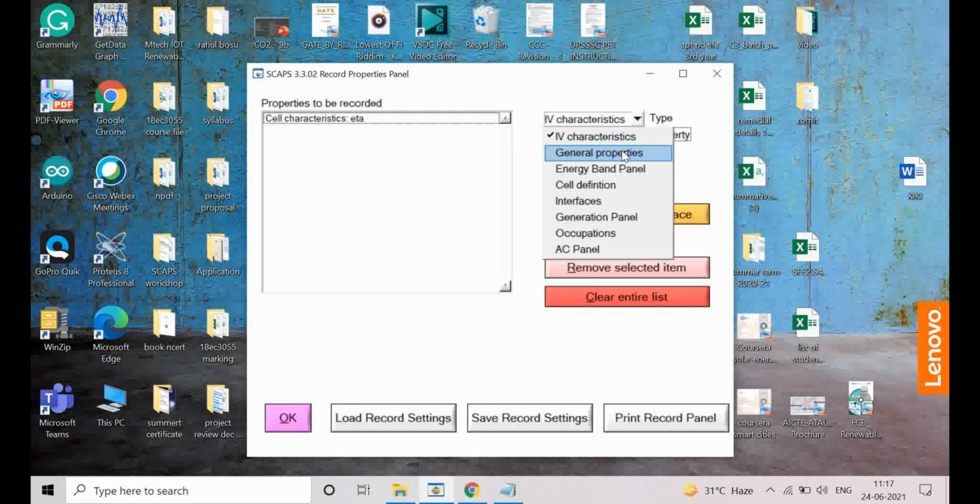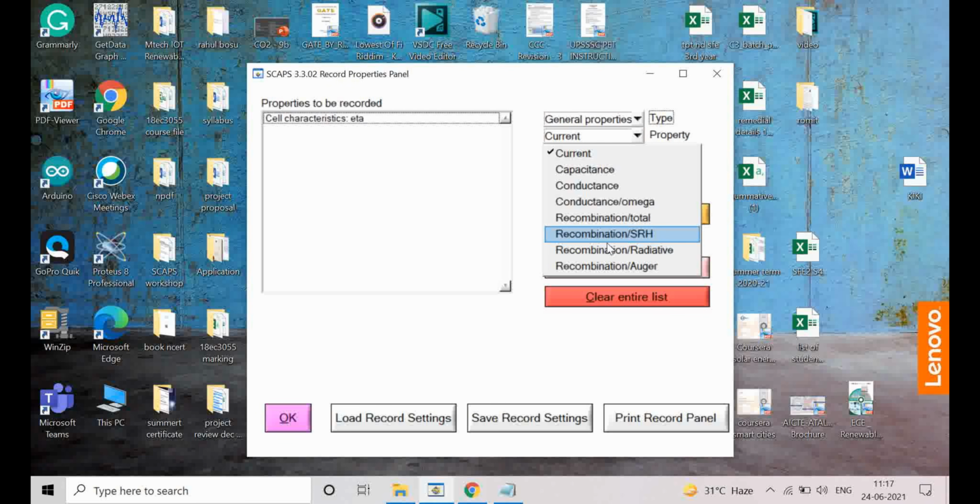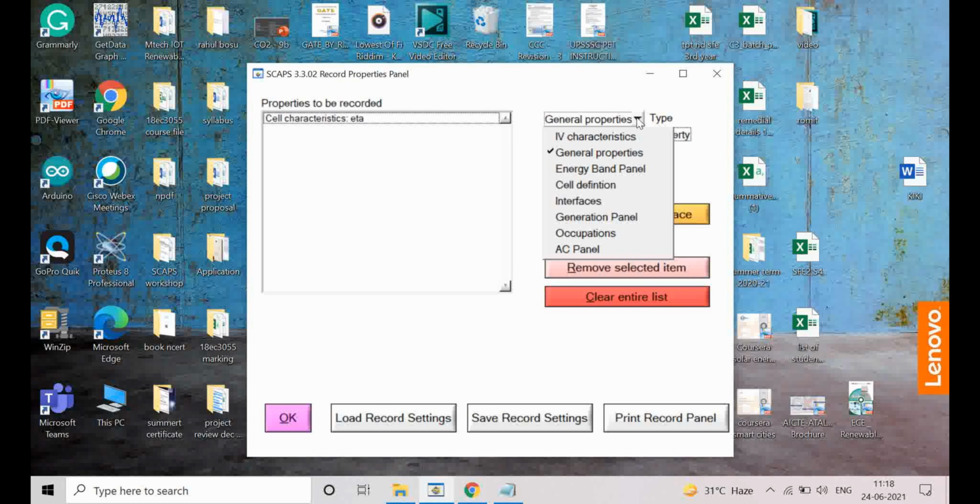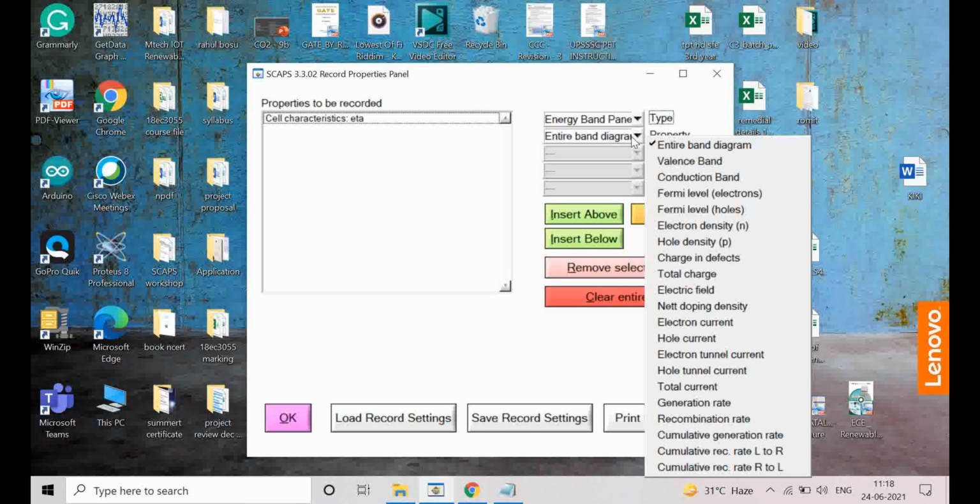Other than this, I can go for general properties. There the important parameter is total recombination, with respect to the thickness of the CdTe layer. Other parameters like conductance and capacitance you can also see. If I vary the band alignment, you can see how the hole density varies with the thickness of the CdTe layer, and the recombination rate throughout the thickness of our absorber layer.